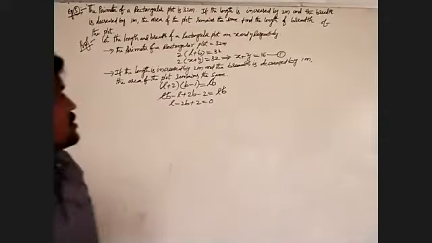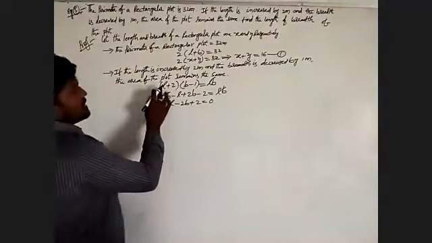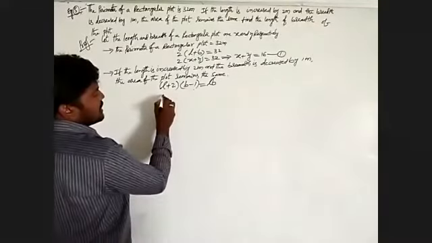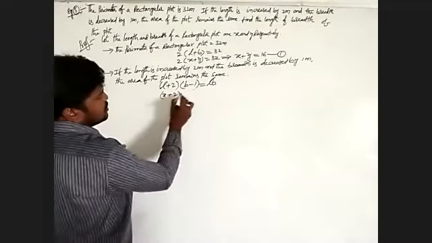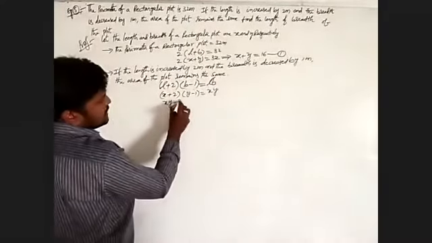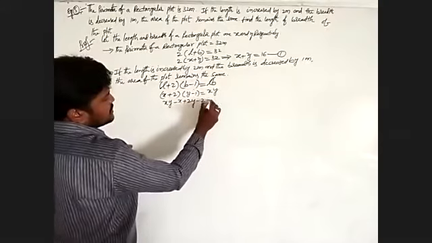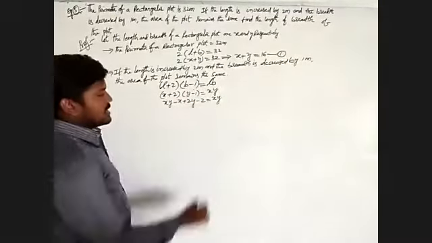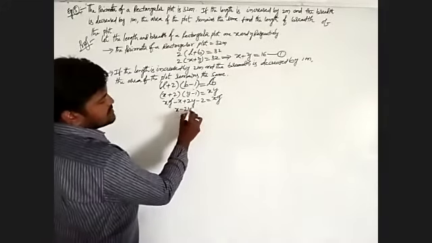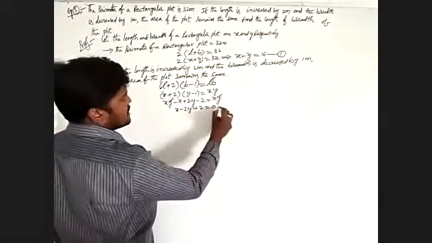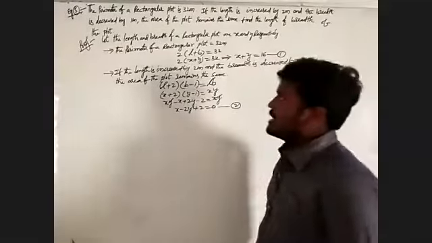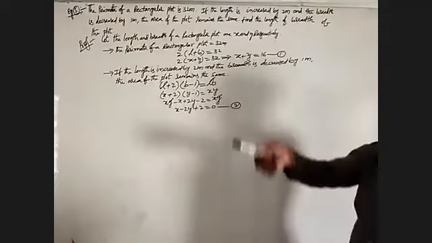We have to find out the values, where L is x and B is y, that we have to take x plus 2 into y minus 1 must be equal to xy. This gives xy minus x plus 2y minus 2, where xy and xy both will be cancelled. This value becomes that side, x minus 2y plus 2 becomes 0. This is equation number 2. We have to find out both values. Finally, find out the length and breadth of the rectangular plot.